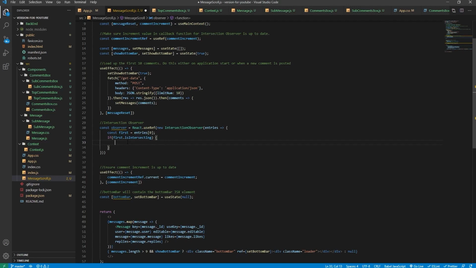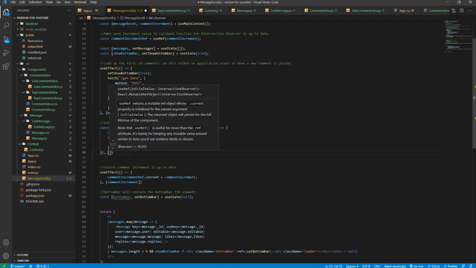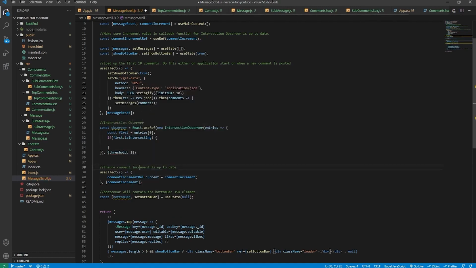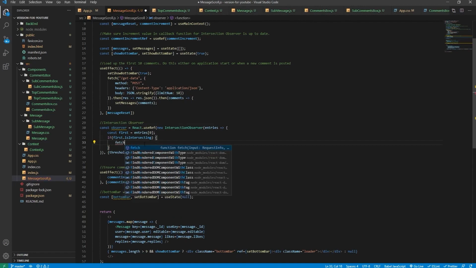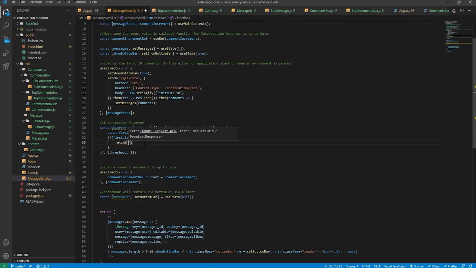So if the bottom bar, which we will observe later on, is fully visible in the viewport, because the viewport is the default root of the project. The reason why it's fully visible is because for the observer's second argument you specify properties, and our property will be threshold: 1, meaning it needs to be fully visible in the viewport. So if it is, we will send a POST request to the root get more data,